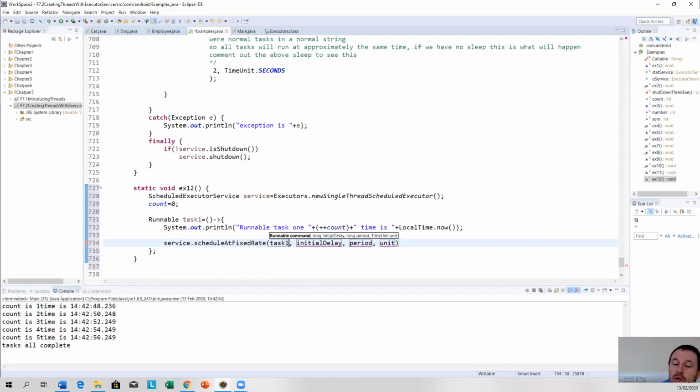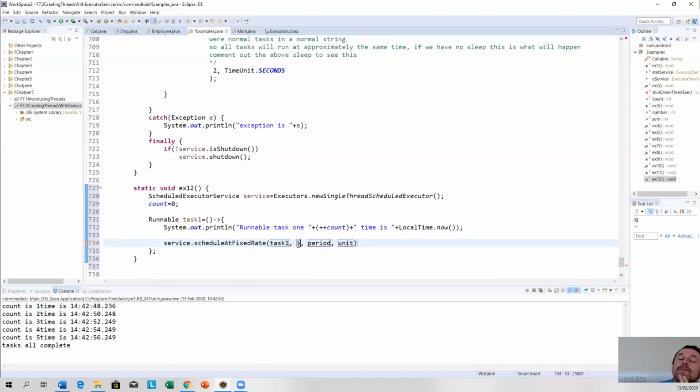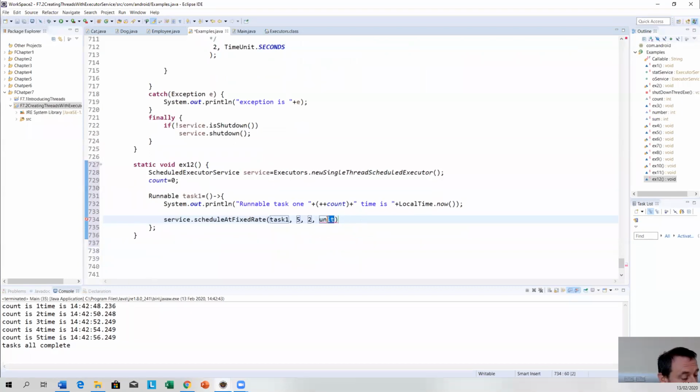So the first task in the thread is going to wait 5 seconds before it starts. Now, all other tasks in the thread are going to be at a time period of 2 seconds. Okay, and the unit we're going to say